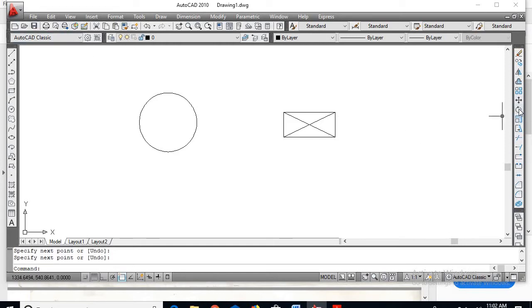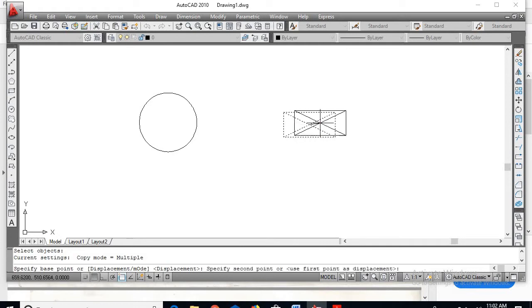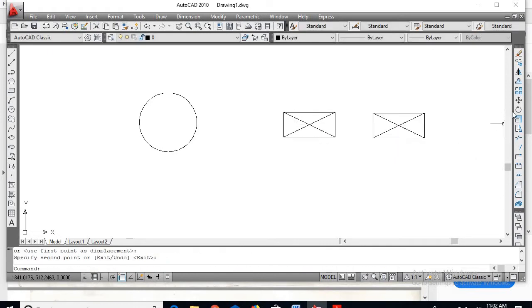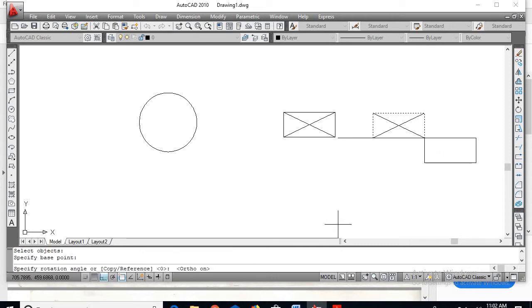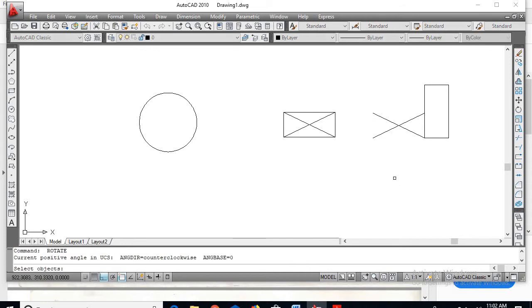So now similarly go for copy. Copy the same, enter, take the midpoint, move aside. Now go for rotate and rotate this picture at an angle of 90 degrees. Switch on the ortho.